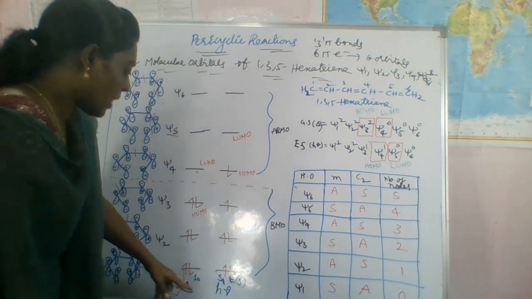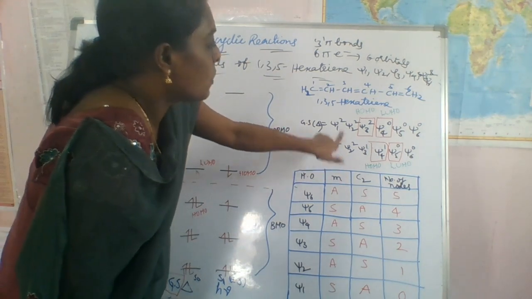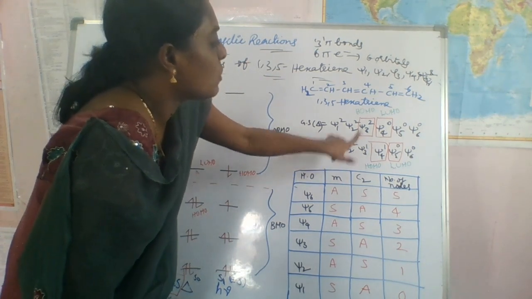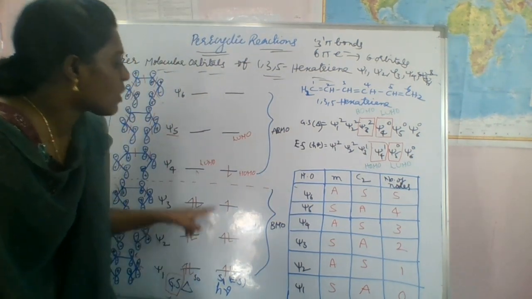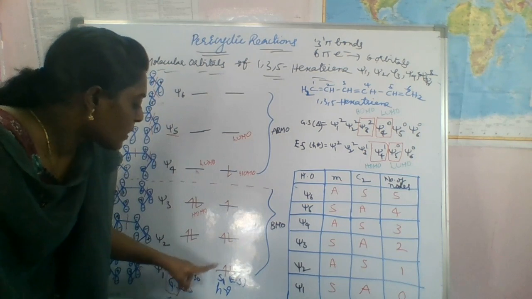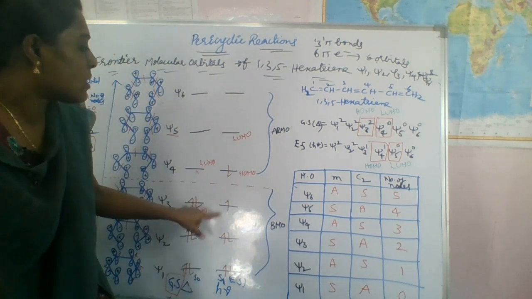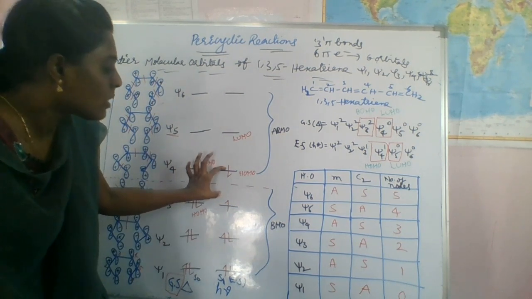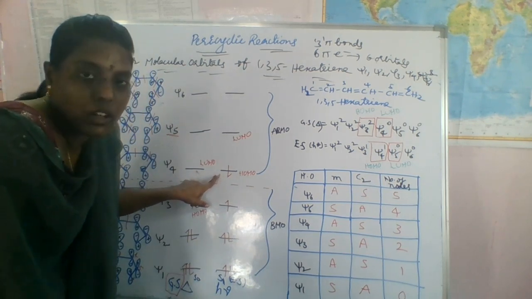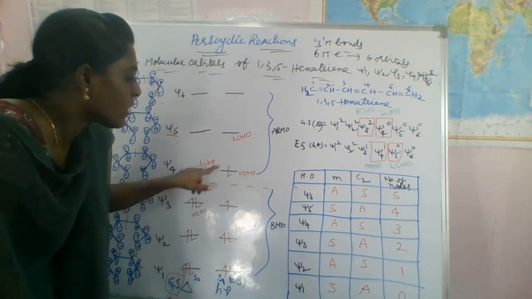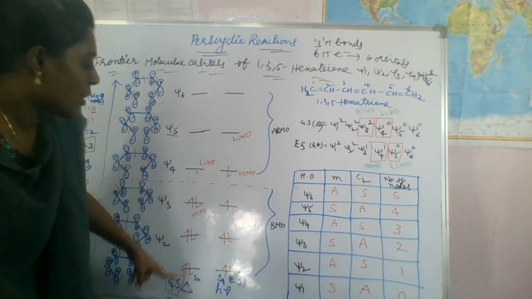Okay, so if you take the photochemical condition, what is the configuration? Psi1 2, psi2 2, psi3 1, psi4 1. So like that we have filled the electrons in these orbitals, right? So in photochemical conditions, this is a singlet state again, but one electron is in the psi3 level and another electron is in the psi4 level. So this is the excited configuration, and that is the ground state configuration.